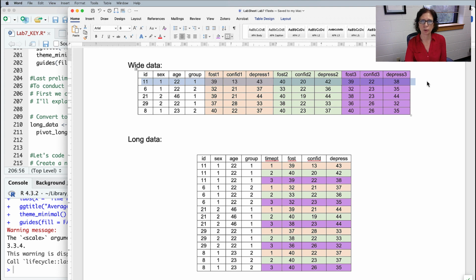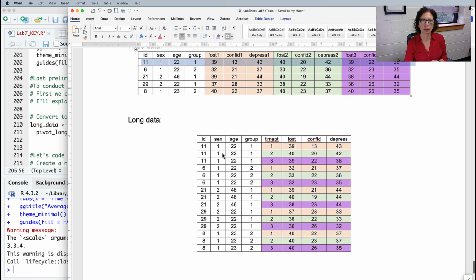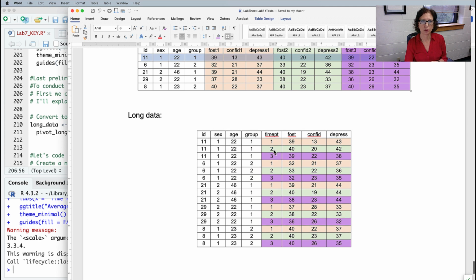And so the data set gets really wide because it's by person who's being measured multiple times. What R needs the data to be in is long, so it needs to be arranged by occurrence, not by person. So we need occurrence 1, occurrence 2, occurrence 3, occurrence 1, occurrence 2, occurrence 3. It needs to be on separate lines,